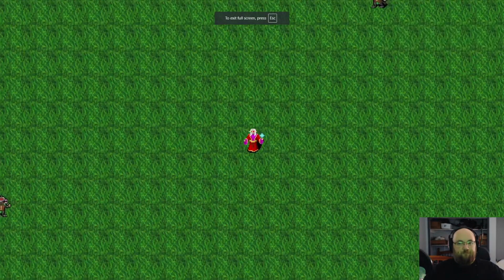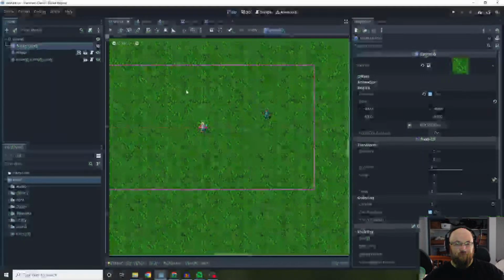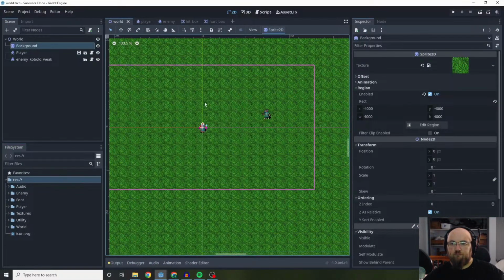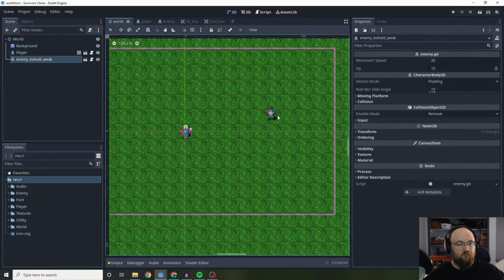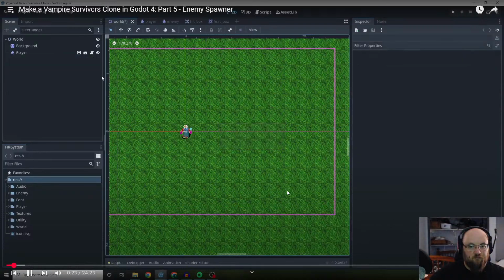In today's episode, we're going to teach you how to dynamically spawn enemies. Hello, and welcome to how to create a survivor's clone in Godot 4. So today we're going to be creating our enemy spawner, which means we no longer need this kobold within our world scene. Instead, we're just going to start